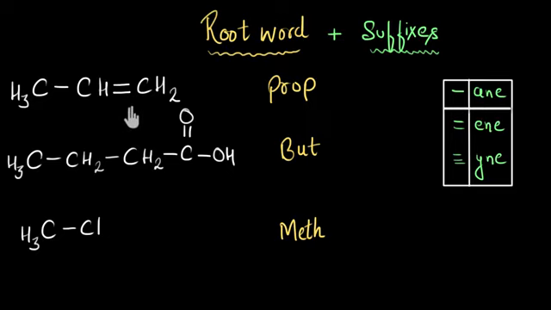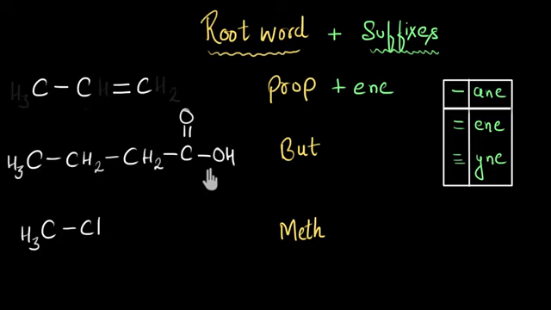For example, let's take the first problem. Over here, if I just focus on the carbon chain, let me remove the hydrogens. You can see that two of the carbon atoms are attached by a double bond. That means this carbon chain belongs to the alkene family. And to represent that, I will use the suffix "ene". Let me add that to the root word: prop plus "ene". Similarly, can you pause the video and think about what will be the suffix for this chain? Now, if you have tried it, let's see. If you thought that since there is a double bond present, this is going to be an alkene, then that is wrong.